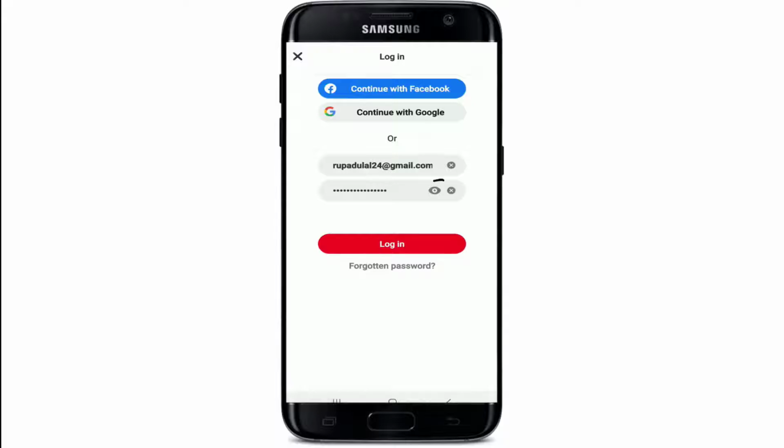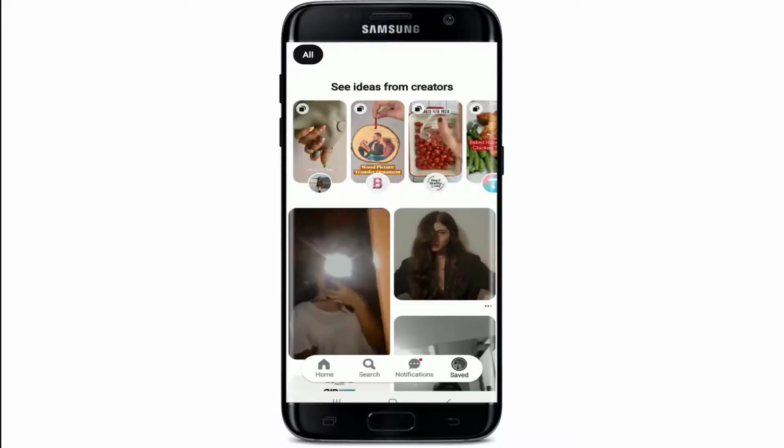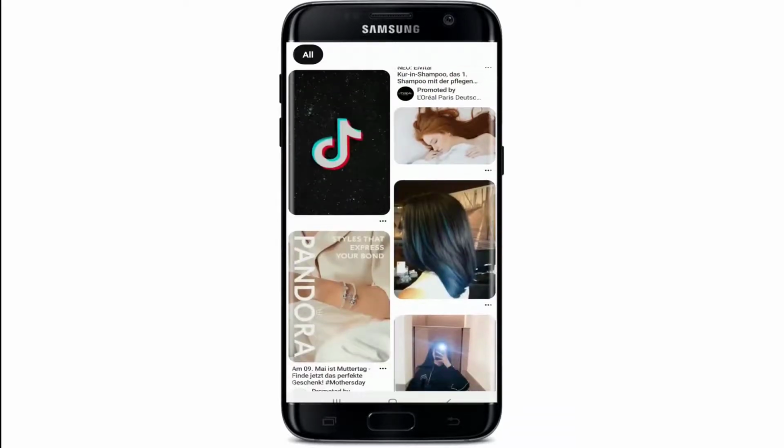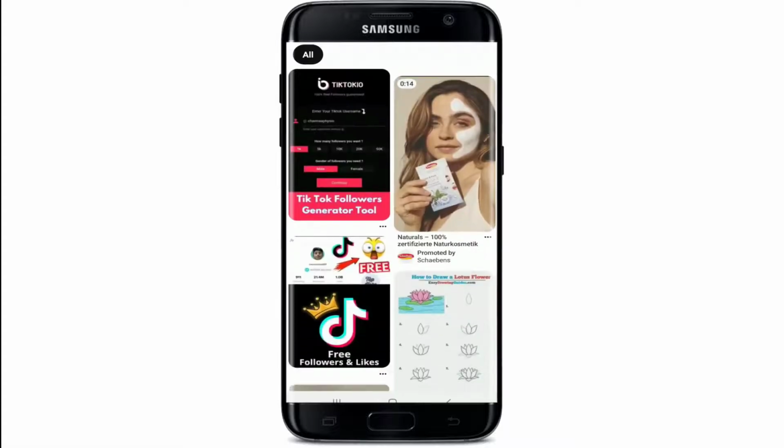You can double-check your password by tapping on this eye icon in the right corner so that you can reveal it before moving on. In case you've forgotten your password, you can tap on the Forgotten Password link. Follow the instructions to reset to your new password. Once you're done, tap on Login and you'll be logged into your Pinterest account. That is how you can easily log into Pinterest with the help of your username and password option.